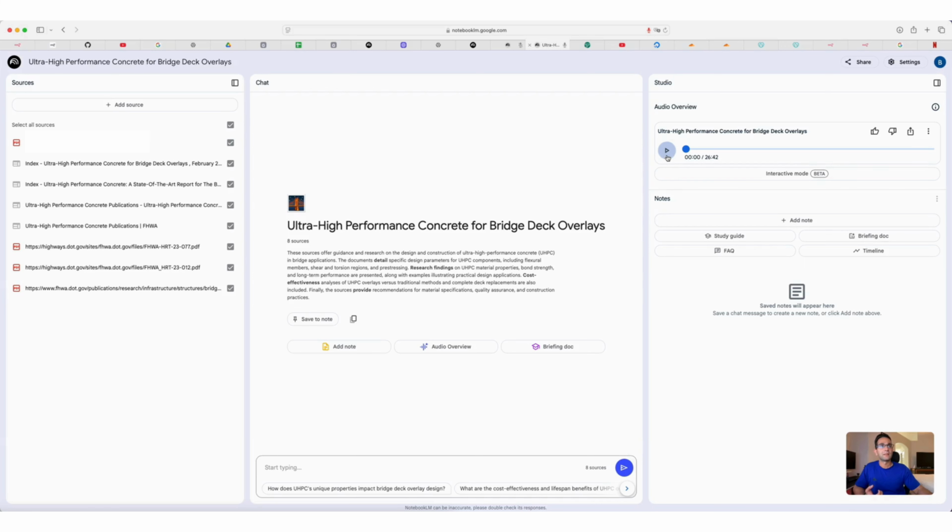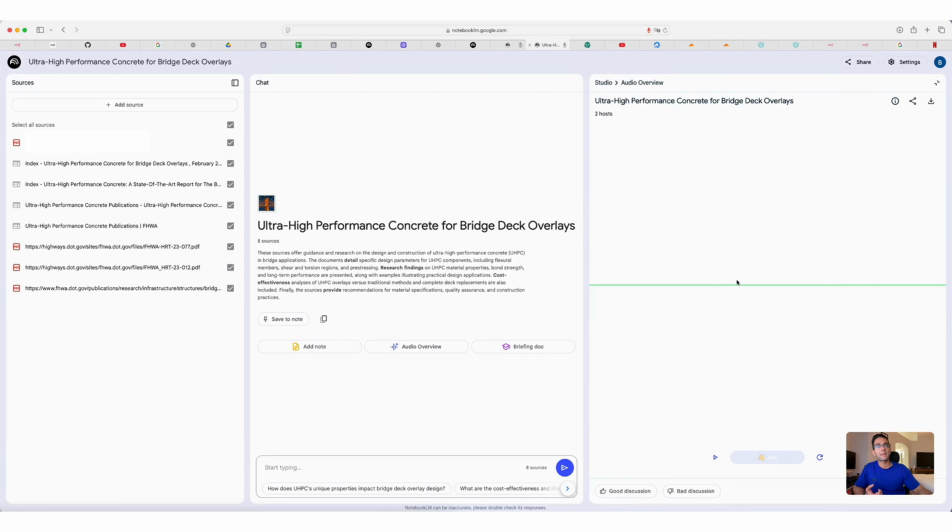So here, let's turn on the interactive mode. With the interactive mode, we can play it and listen to it a little bit, and then I'll interject again with